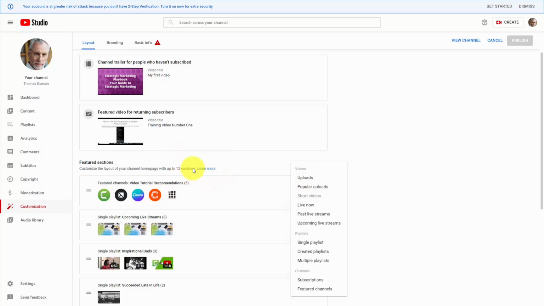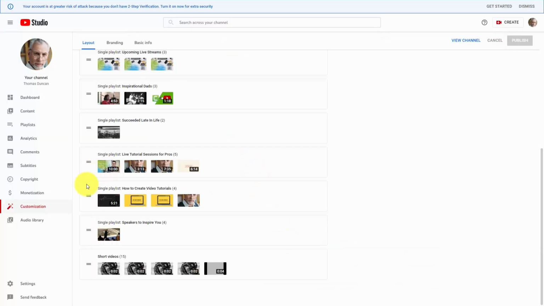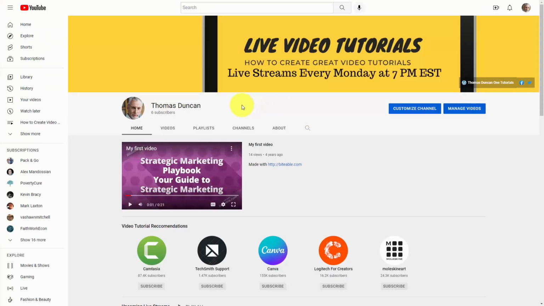So whatever you want to do to customize your channel homepage, you can do it with up to 12 different sections for your channel. If you have related channels that you want other people to see, you can create a section of your channel homepage for featured channels. And you can move the elements on your channel where you want them to be. So what you want to do is to make sure that your channel is going to be branded at a glance in the way you want it to be, and you can control all of those factors here inside the